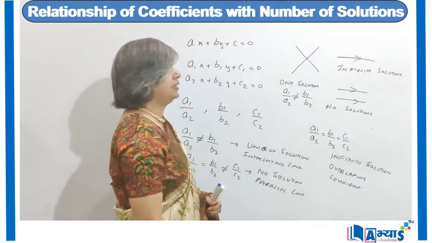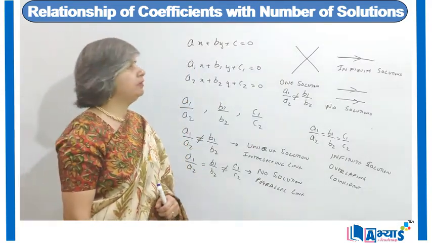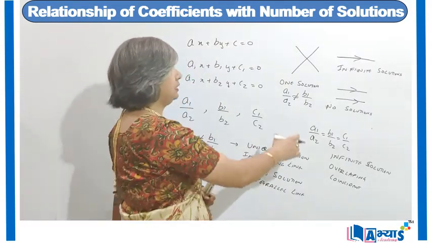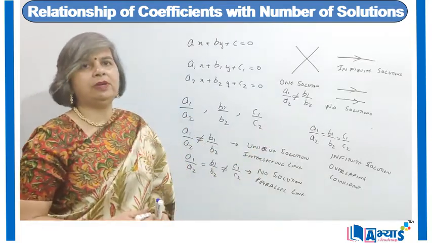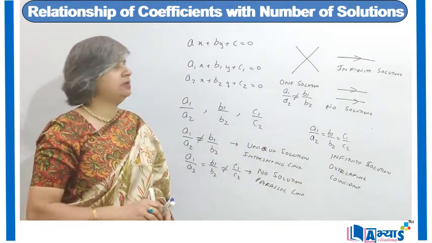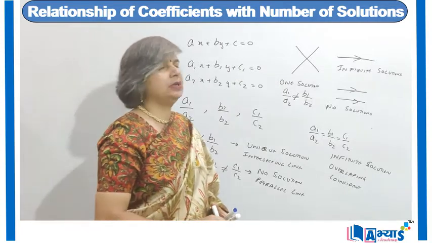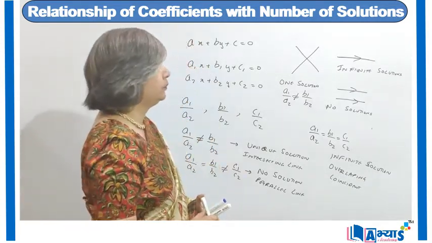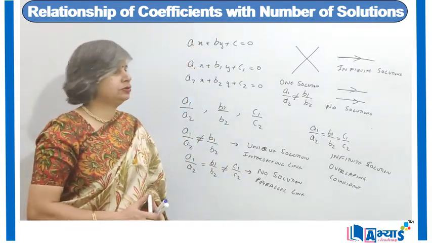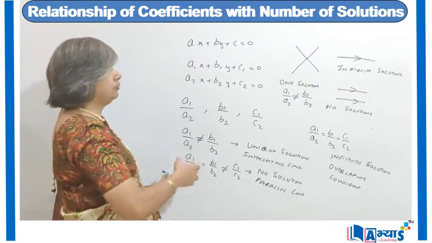That means either the lines will intersect one time, that means there will be one solution, or they may not intersect at all, that means the lines are parallel, or the lines may overlap. In that case, there are infinitely many solutions. So the value from the coefficients